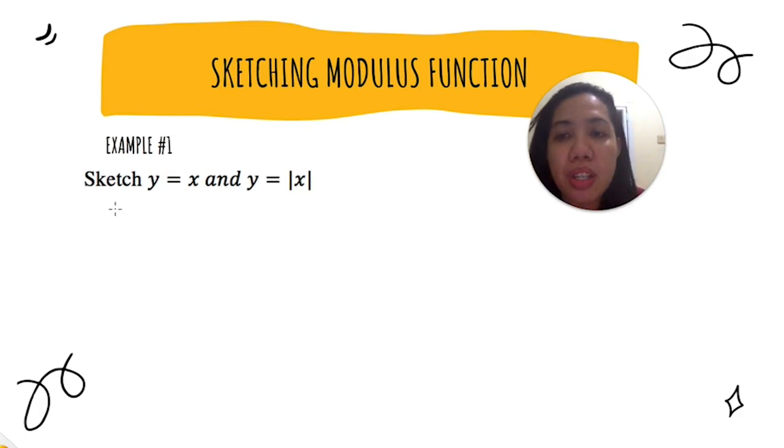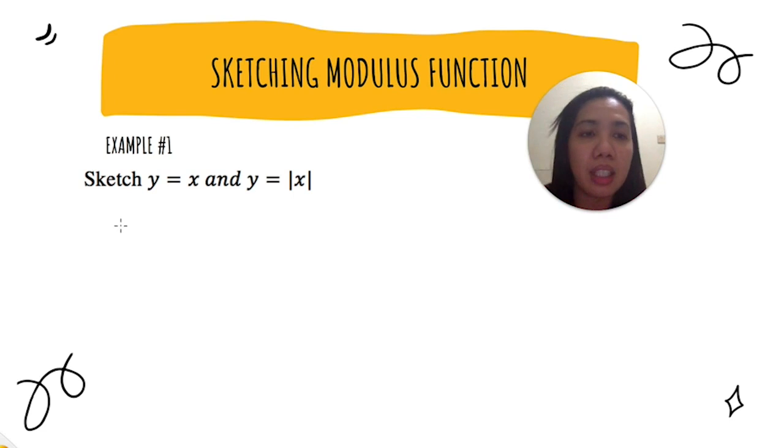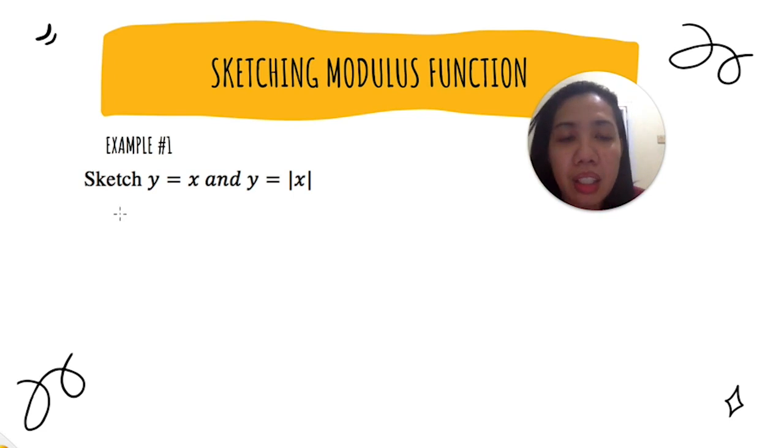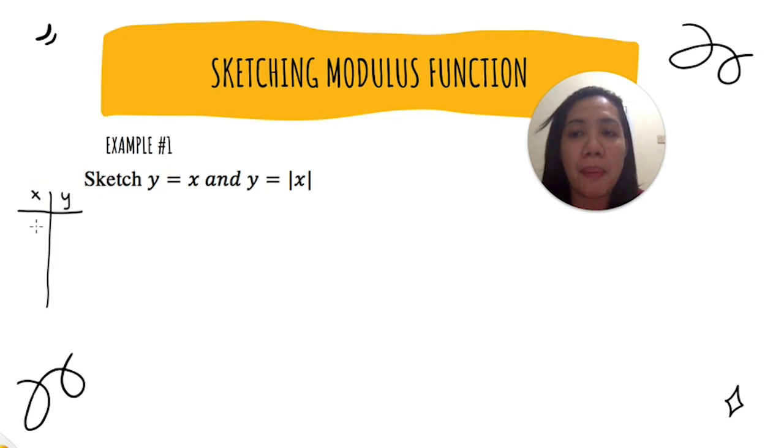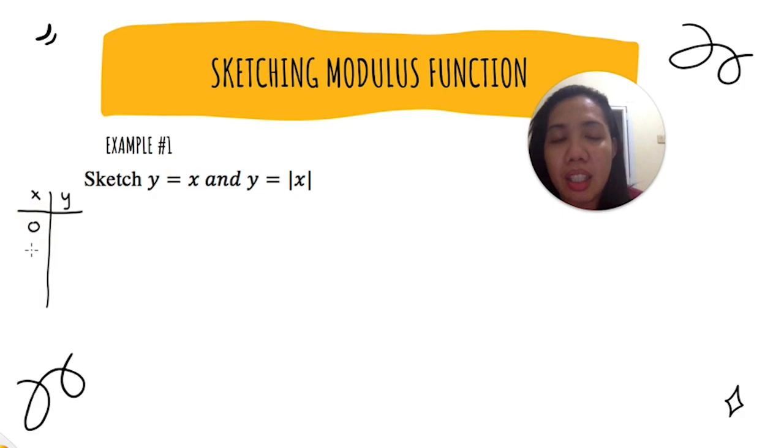Okay, now first thing first, we have to make a table here, a table x and y. Okay, this is x, this is y. Okay, just pick one number for x. It can be whatever you want, but to make it easier, just take 0 first, and then you can take -1 or 1. I'll take here 1.